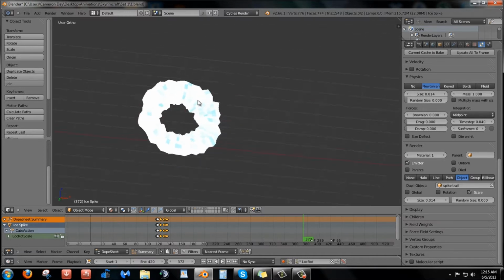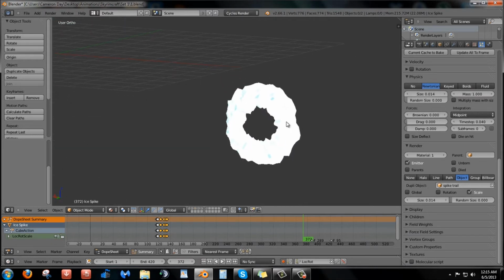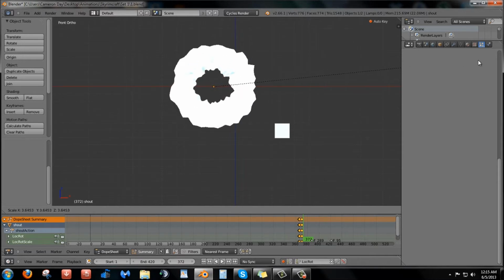I would have maybe tried smoke, but I can't actually try it in Cycles right now because Cycles does not currently support that. So I just had to use motion blur to sell the effect, and I think it sold pretty well. I just made it move across the screen really fast, and I made it start out small, and as it got further across the screen, made it larger.